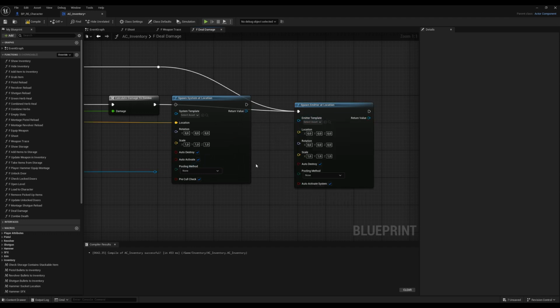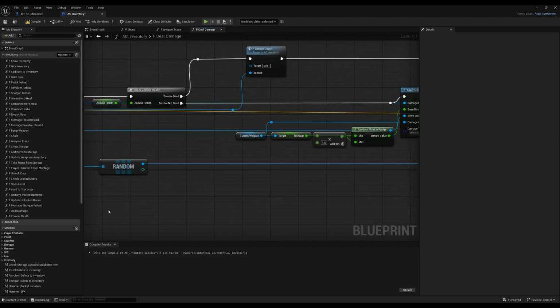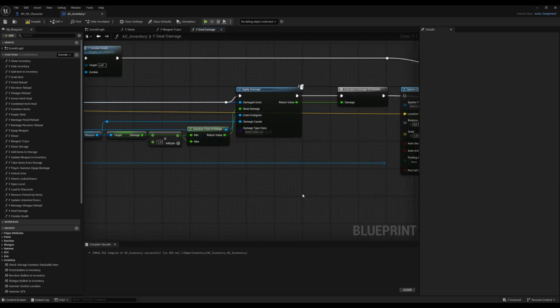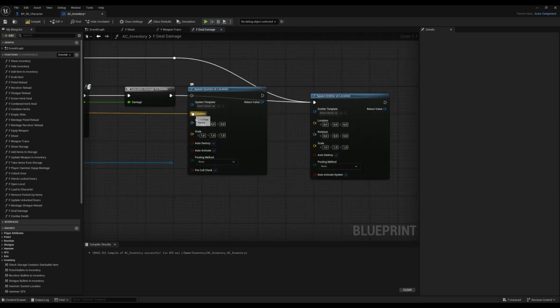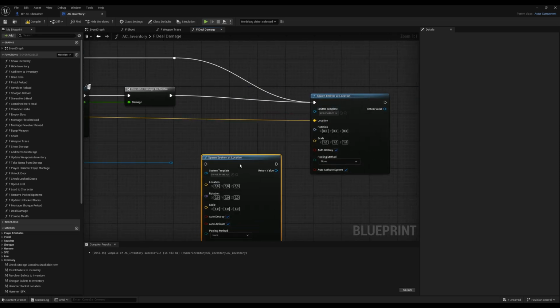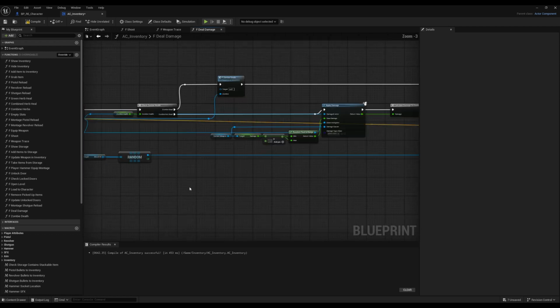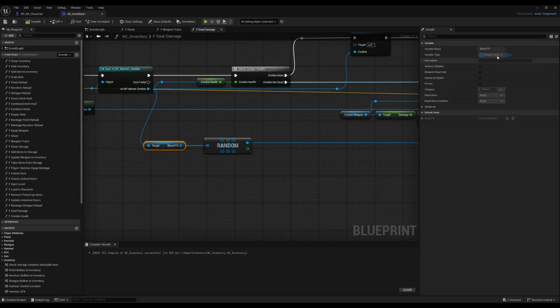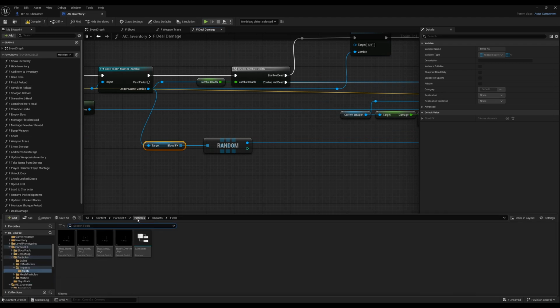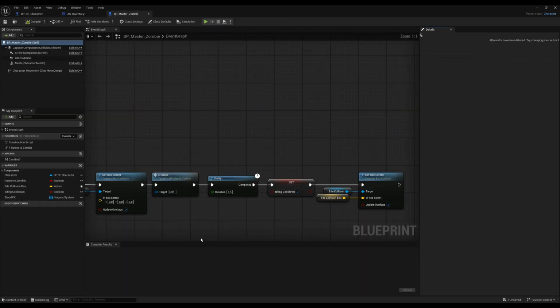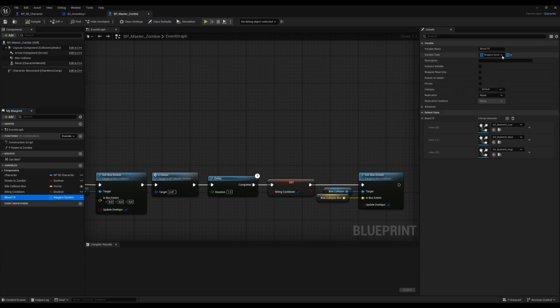Oh yeah, of course it makes sense. We need to change this. Blood effects, we need to change that as well. Good. And the location is pretty important. So we can just get rid of this, because we need data here, right? This is a Niagara system inside our zombie BP. So we can just use the master, and we changed it from Niagara to